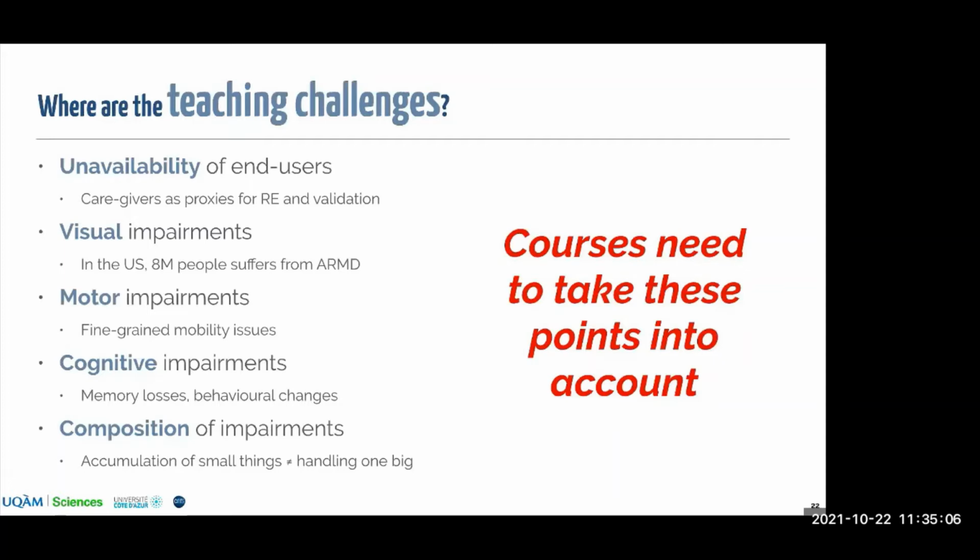The main important thing is to talk with customers. But if you talk with someone suffering from Alzheimer's disease, for example, you will not obtain the answer you'd expect to be able to take the right decision. So you need to use a proxy. You need to use someone who is able to answer on behalf of your real end user, which changes a lot. And it's really important to include this in the teaching and to train and sensitize people about this,